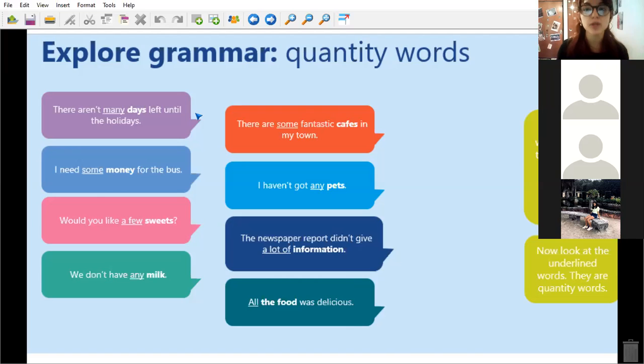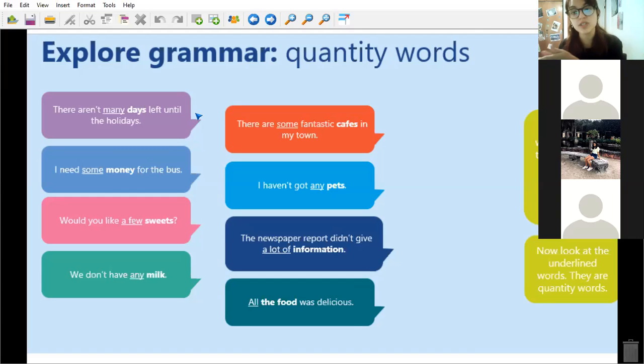Now, an uncountable noun is something that you cannot count, right? So it's the opposite of a countable noun. For example, water. It's a fluid, right? So it's something that you cannot say 1 water, 2 waters, 3 waters. If you want to count it, what do you have to do? You can do something with uncountable nouns. Do you remember? So, for example, if I say a glass of water, is that countable? What have I done if I say a glass of water?